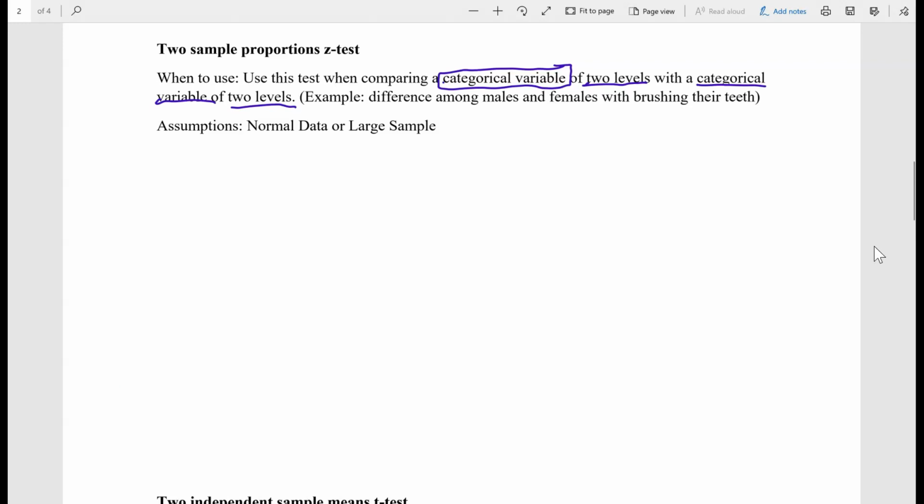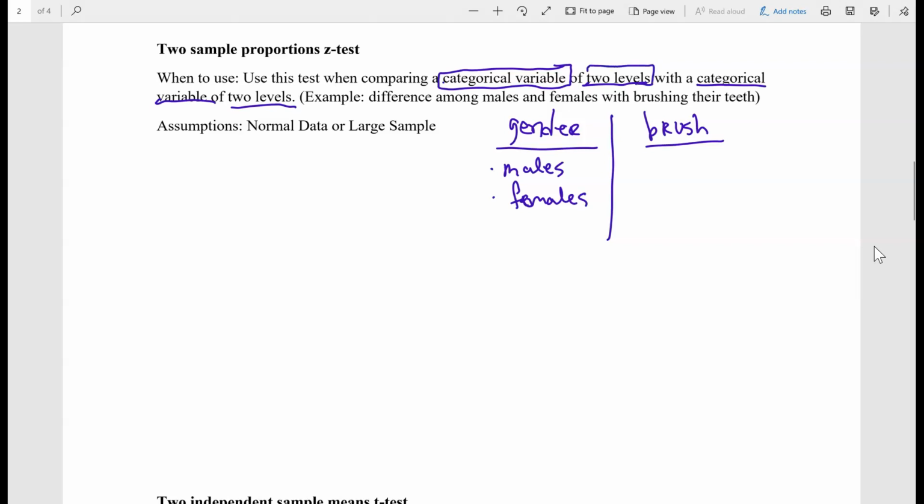So for example, let's take gender and brushing your teeth. I'm just gonna write brush. So gender in this case will be males and females. If you had other, or maybe transgender or gender fluid, then you wouldn't be able to use this test because it requires two levels, and two levels basically you can think of as two options. So if your variable has two options to choose from,